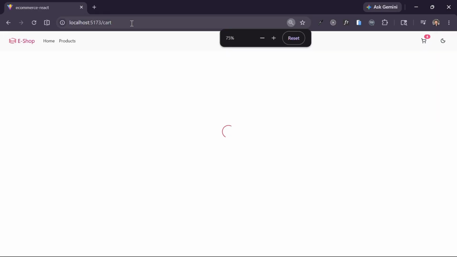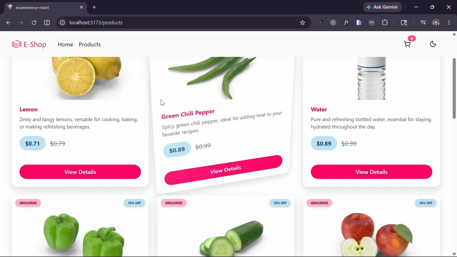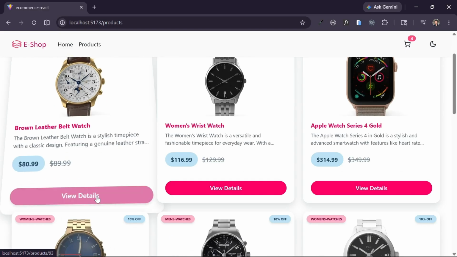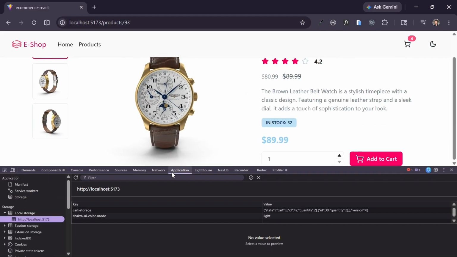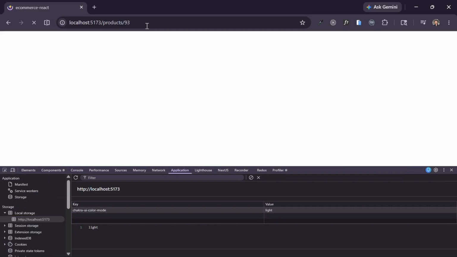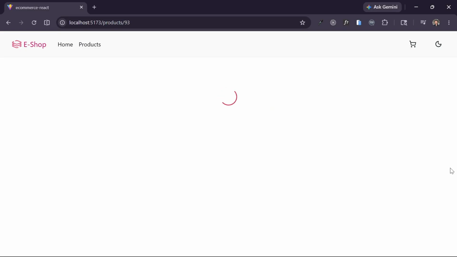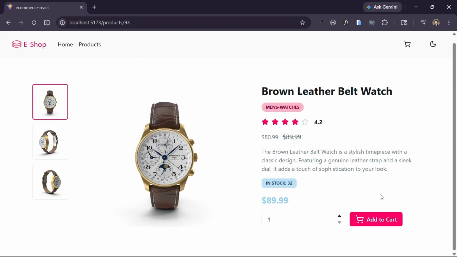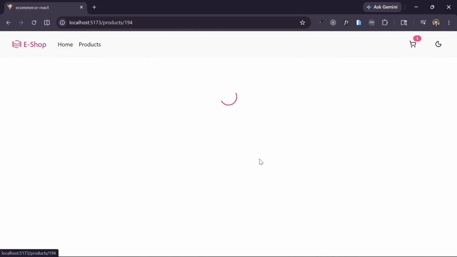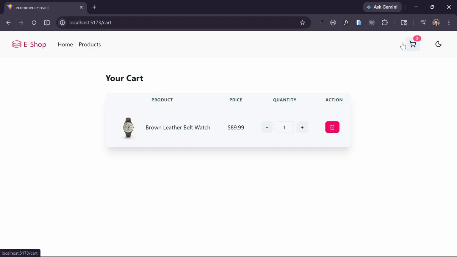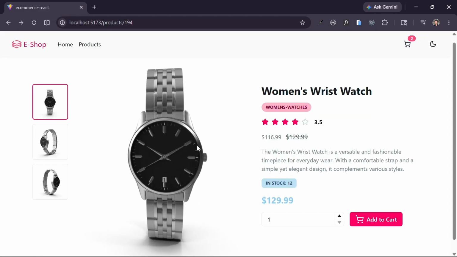All right, so let's try adding the same products to the cart so that we can actually figure out if it's actually an issue with the API. So let's remove it, let's refresh it, right? And then let's go to products, and then we'll add the same product. So let's add it to cart. This one should be added. As you can see, this one is being added, right, like previously. And this one is not being added, right? So this product,